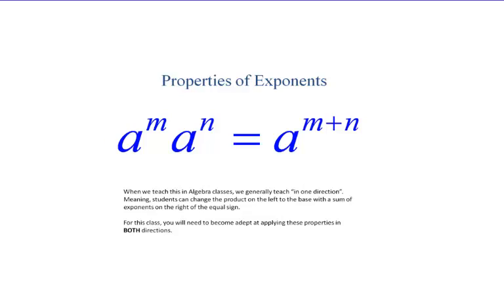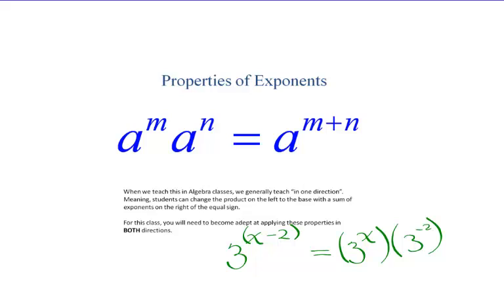If you have an expression that is the base 3 raised to the quantity x minus 2, it may be helpful for you to recognize or use that. It may be helpful to clean up your expression and use this property in this direction. So make sure you understand that, again, as I've said over and over in prior lessons, that is a biconditional statement. It works in both directions, and you're going to be responsible for knowing that in both directions,